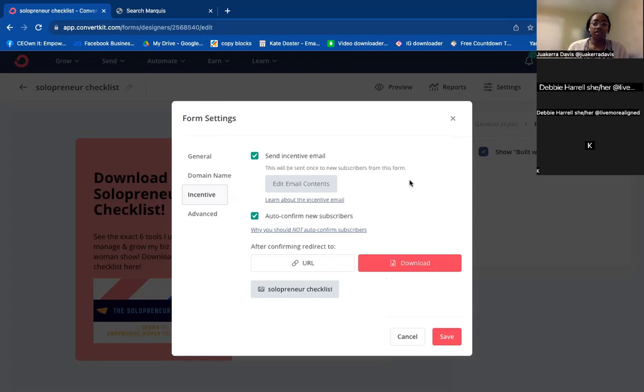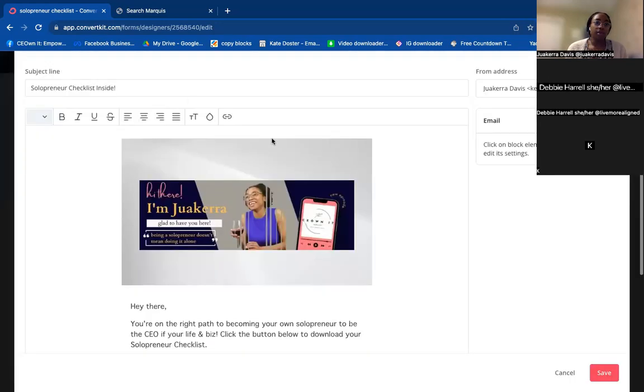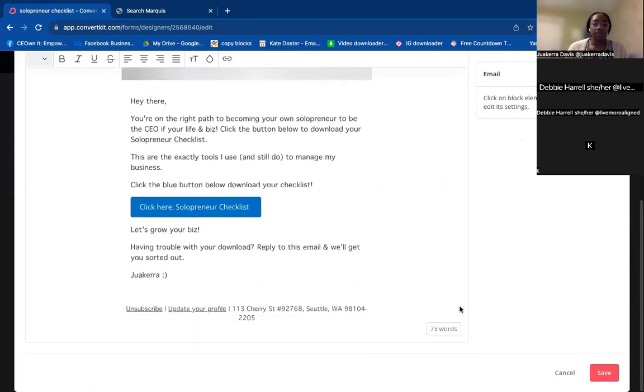And then under incentive, this is where you will add your freebie. I always send an incentive email, so it just gets people. It's like, hey, welcome, and here's the checklist. Here's where you can download it. Click the blue button,